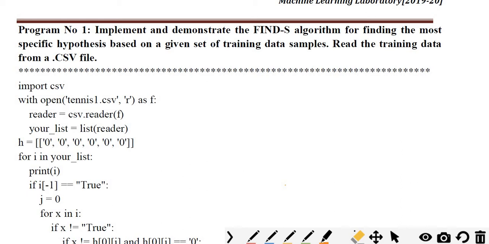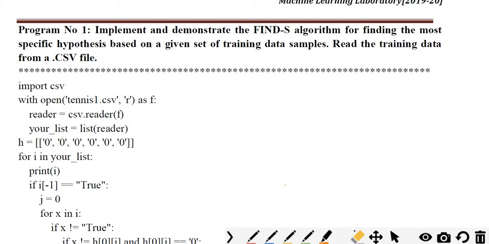So you should have a proper data set so that the machine can learn from it and execute the further procedures. The training data is present in the .csv file. In Excel you can write all the data, which I'll show now, and then save it as .csv. The extension is .csv, which stands for comma separated value.